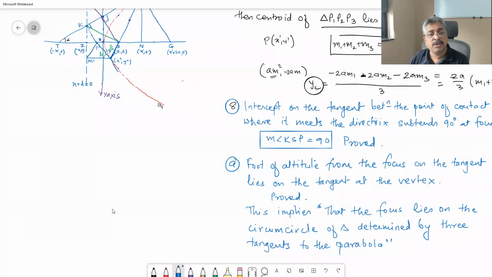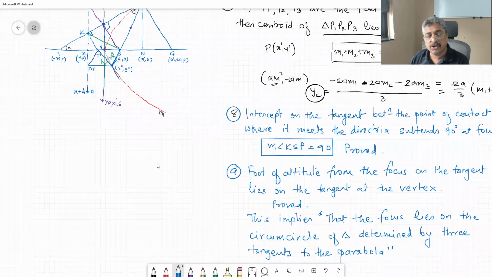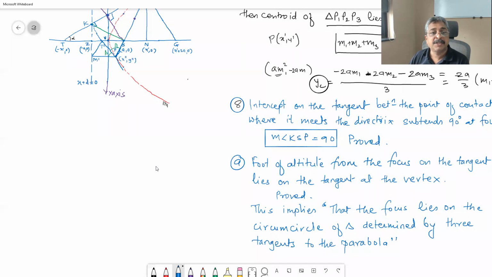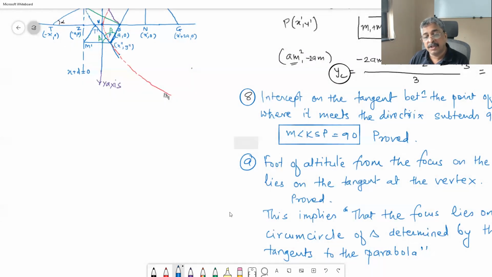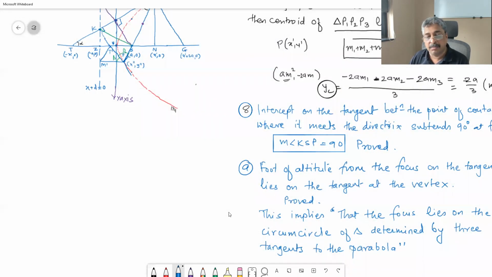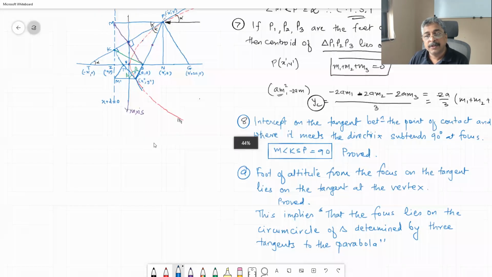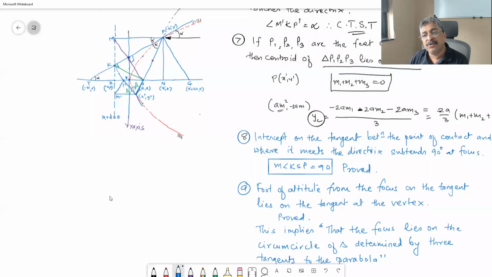It has something to do with what we have studied in the workshop of 9th standard, and it is the converse of Simpson line theorem. Simpson line: if you draw feet of perpendiculars from a point on the circumcircle of triangle ABC, then those D, E, F are collinear, and the line joining DEF is called the Simpson line. This is the Simpson line theorem.